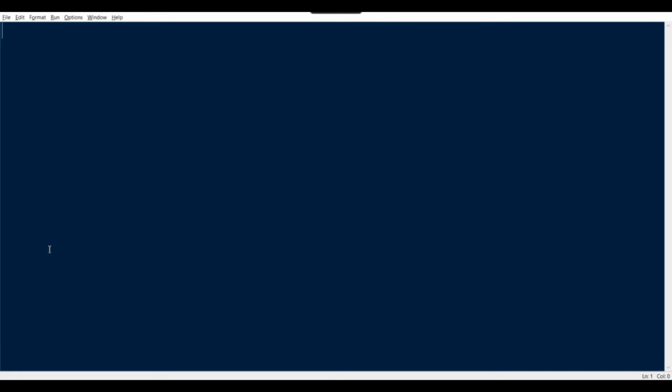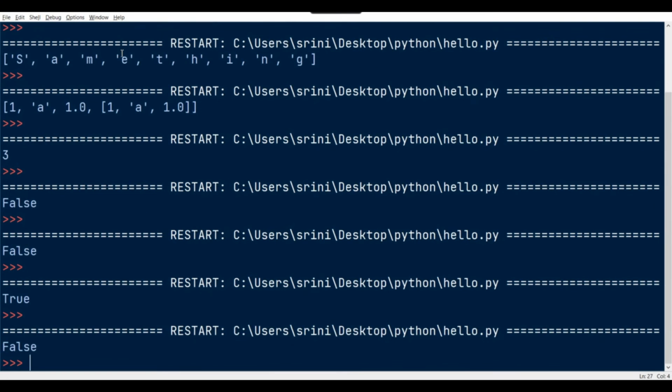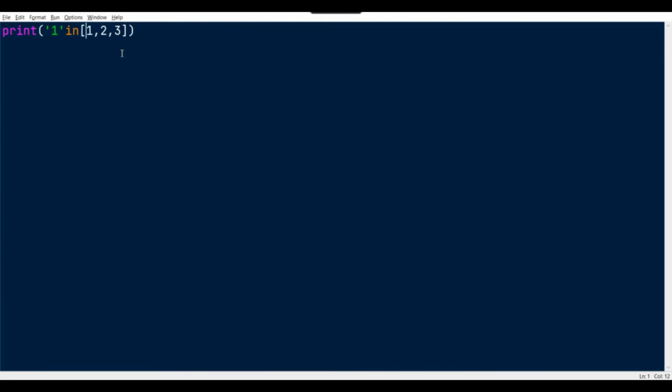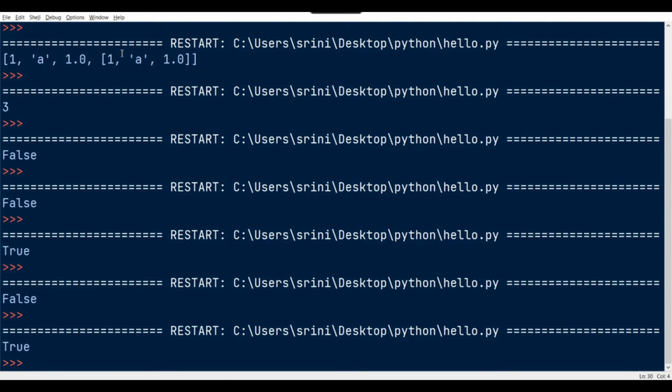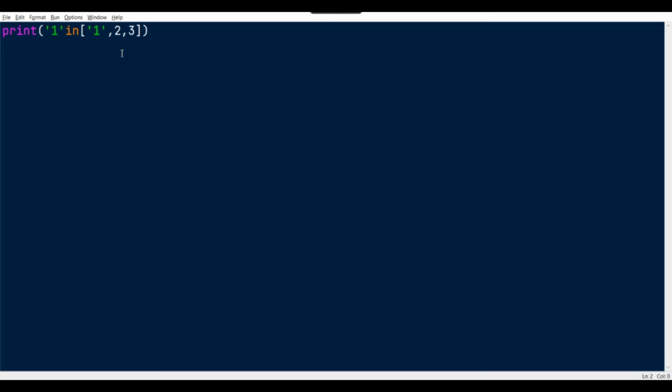Like we can do something like print my character 1 in my list 1 2 3. It will return false because we are checking a character 1 in an integer list. So if I typecast this one into string, we will get true. This is the specialty of the membership operator.